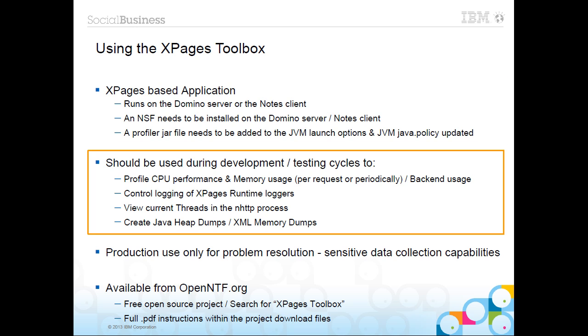And as a best practice, you should get into the habit of using the XPages Toolbox during your XPages development or testing cycles to periodically, or indeed per request, profile CPU, memory, and backend usage. You can, of course, also use it to control logging of the XPages runtime loggers, view current threads that are running in the HTTP process, or indeed create Java heap dumps or XML memory dumps, which can then be analyzed